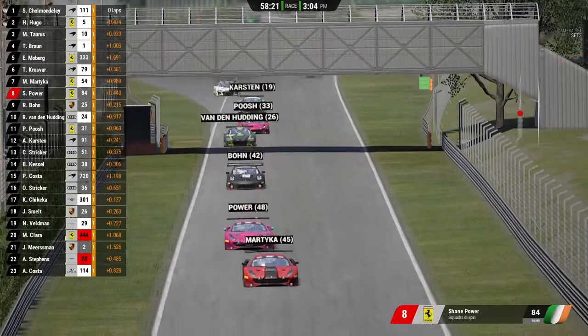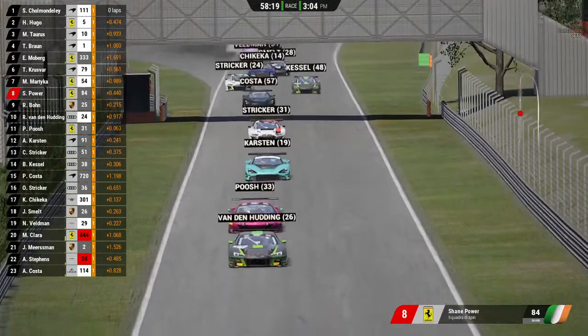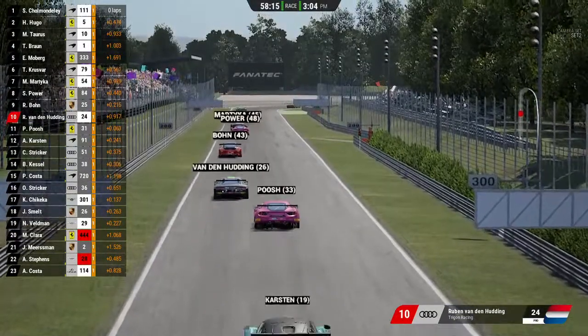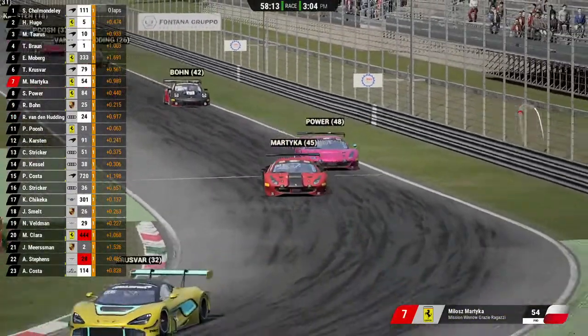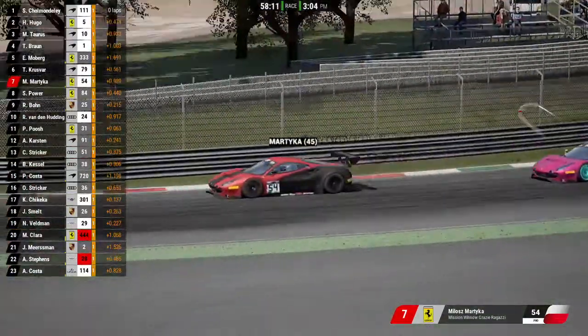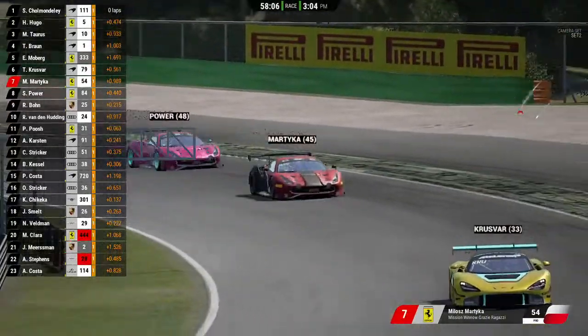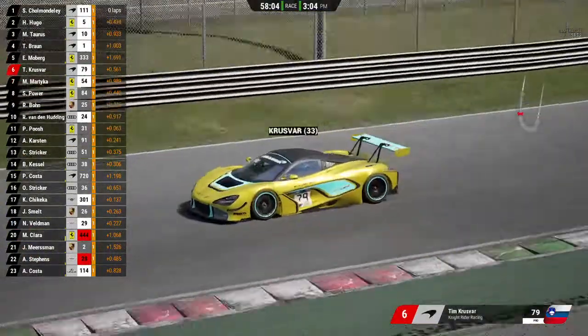Shane Power in the slipstream there of Milos. Rene up into P9. Vanden Hutting there as well behind him. Let's see what can happen here as Shane Power all over the back of Milos, trying to get a good run on him. These are the same cars, so same straight line speed, I would think, depending on the setup,